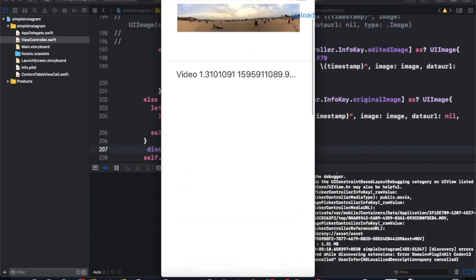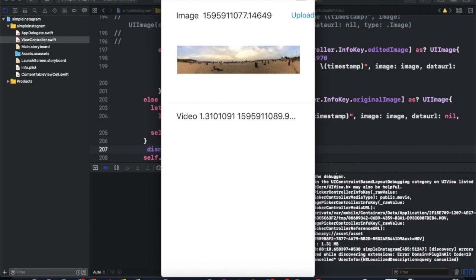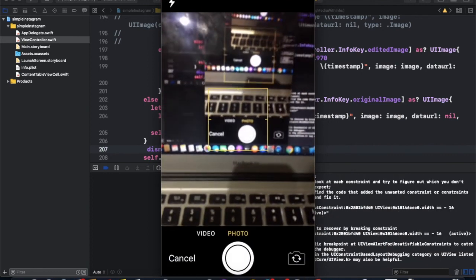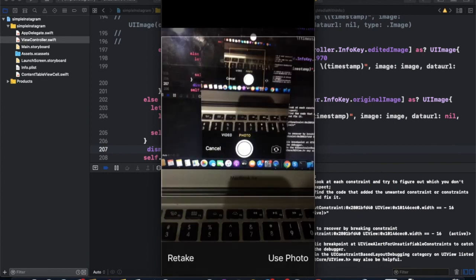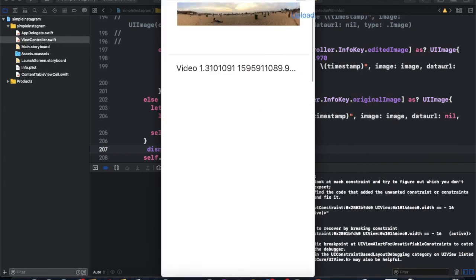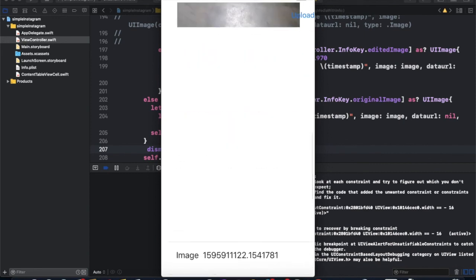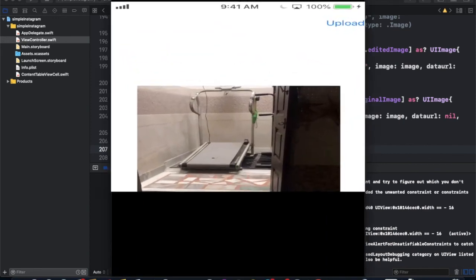You see this is the image. If you select any other, like camera, if you click camera, use photo, you can see this photo on the list. This is your image. You can click and play.